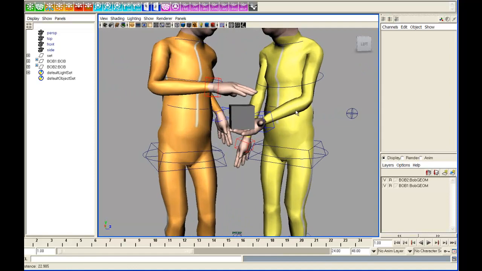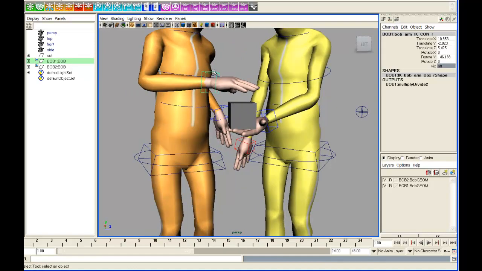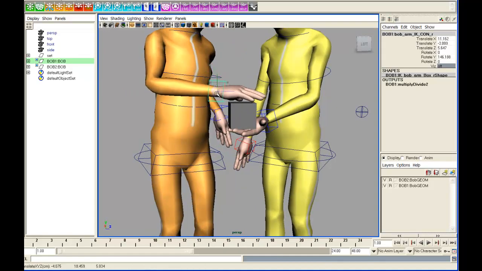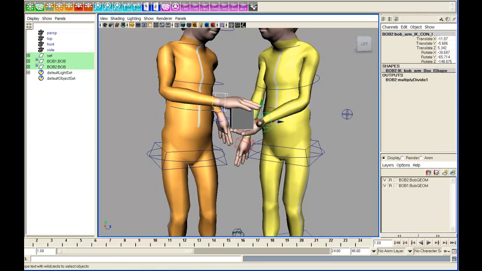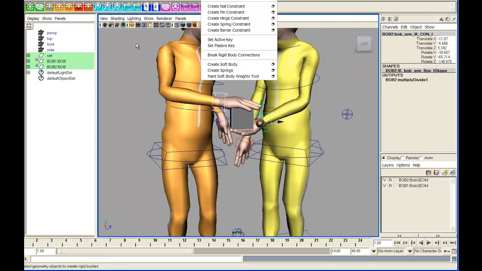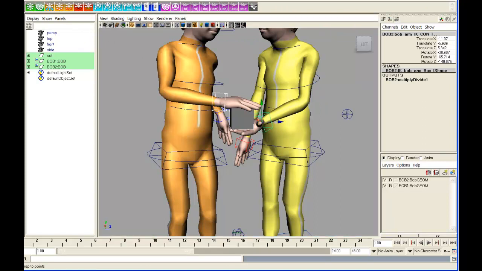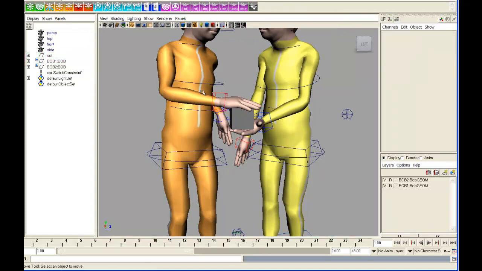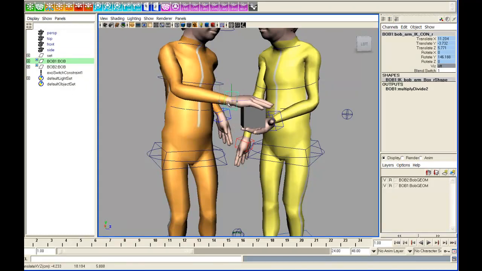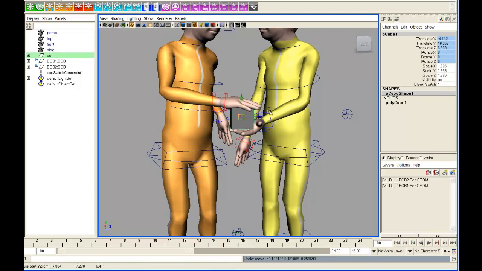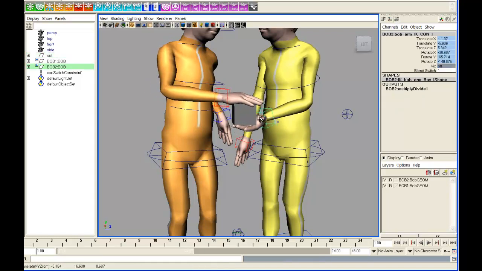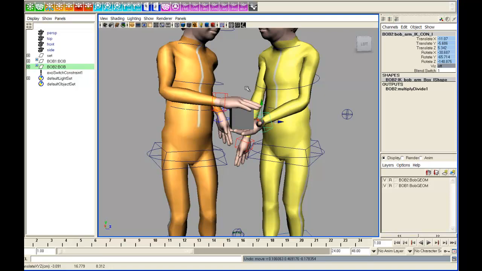So the first thing we should do is grabbing the controller of hand control Bob 1 and roughly position it on top of the cube. And then I can just constrain everything together, and what we get out of the box is the expected bidirectionality of the constraint. So anything that I grab and I select that has been associated with the constraint will drive